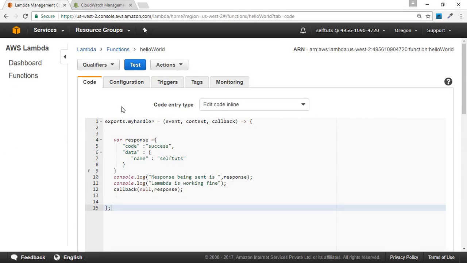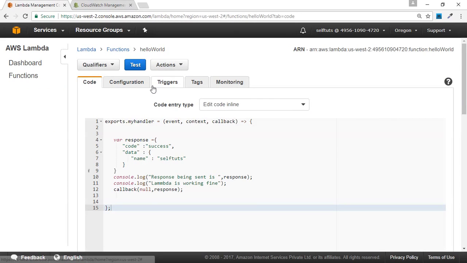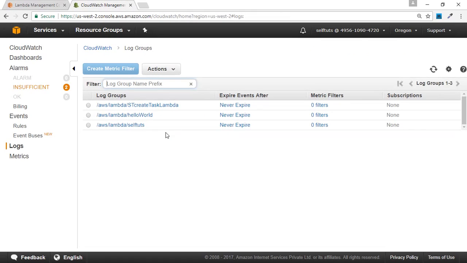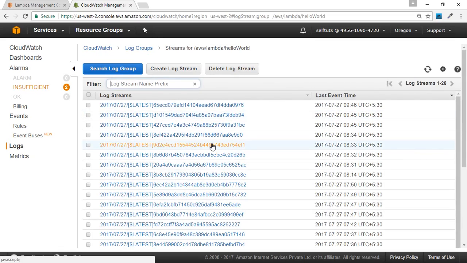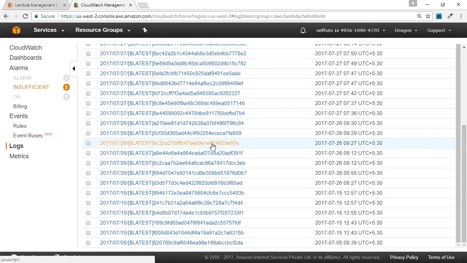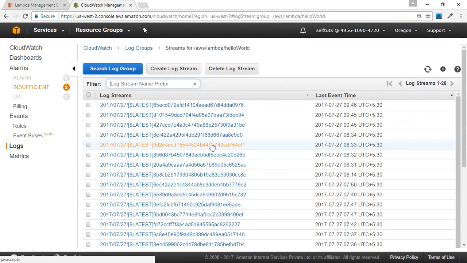So what we were doing, we were using our hello world function. So according to the name of the Lambda function, a log group name has been created, and the name is hello world. So we'll click on it. This shows us the different streams that were created previously. So AWS creates small streams, and logs are written inside them, and these streams are connected to that single log group, that is hello world.